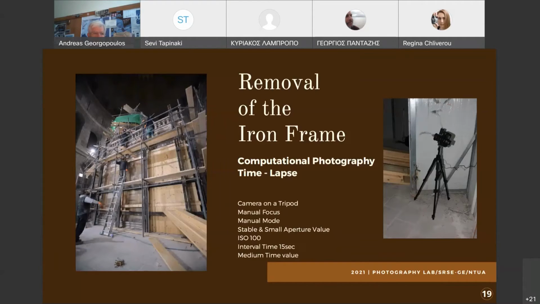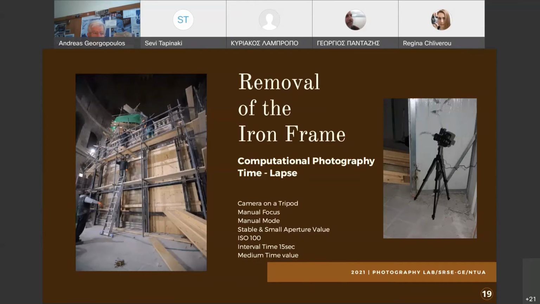Time-lapse photography is a technique in which a large number of images are shot at regular intervals, and then they are composed to form a video and create the impression of time lapsing. As a result, the viewer watches a process that took a long time in a few seconds or minutes. Now, to refer a little bit to the technical settings, as you can imagine, the camera was mounted on a tripod so as to be stabilized.